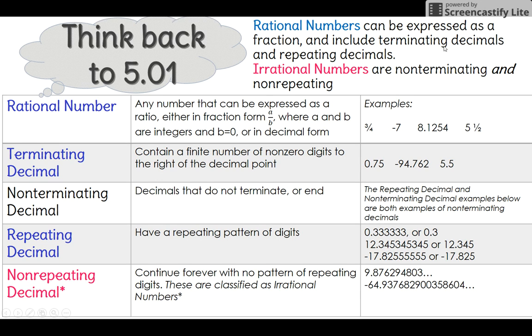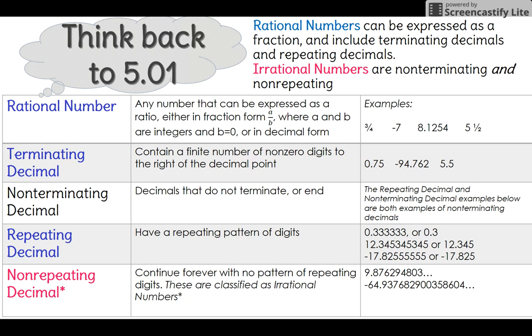So decimals that have a finite number of non-zero digits to the right of the decimal, and repeating decimals. So we've got some examples of those down here. If you need to take a couple minutes and look over this vocabulary, go ahead and take some time to do that. I'm going to keep moving forward in 3,